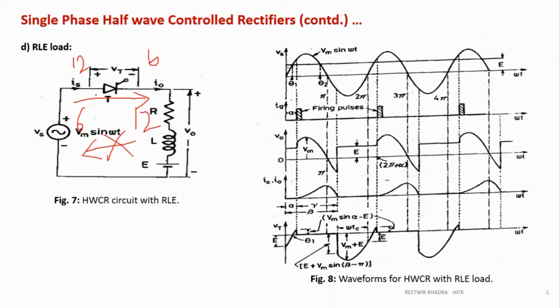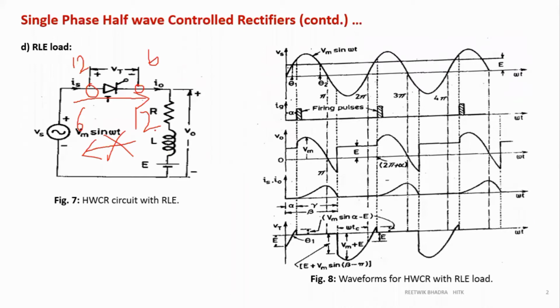So I can take a conclusion from here that, until and unless this potential, at this point we have a potential, right? This is directly connected to Vs. I am thinking no current is flowing, so this positive is connected directly to this one. Or you can think of it as V naught. So if your V naught is less than this voltage, then the thyristor will conduct. If it is more, then it will not conduct.